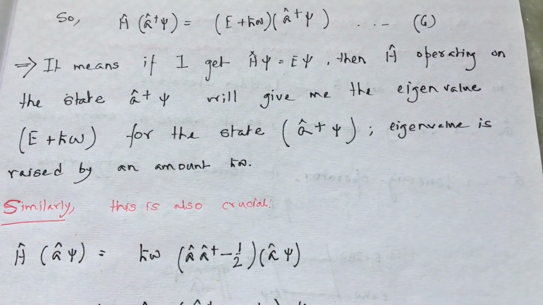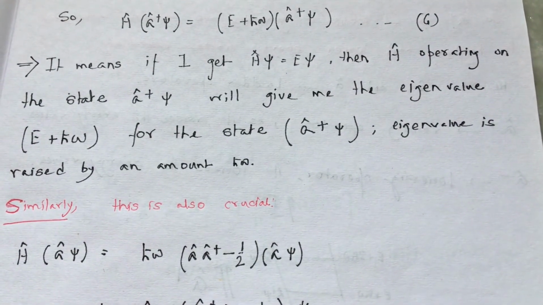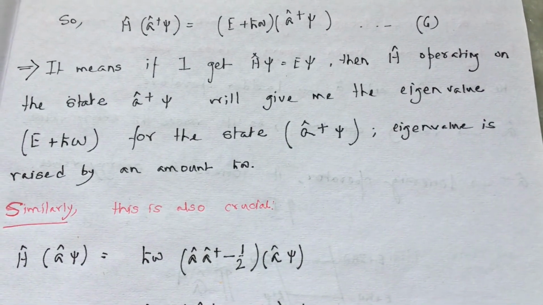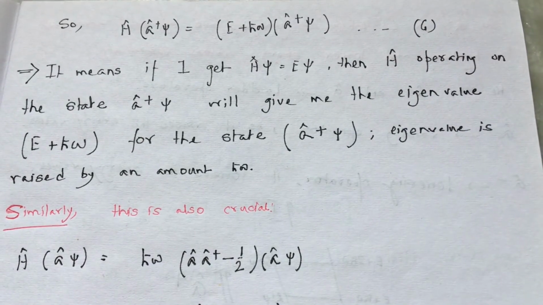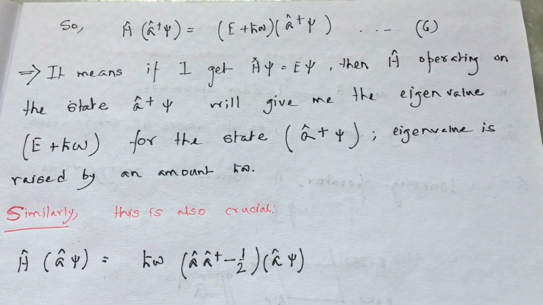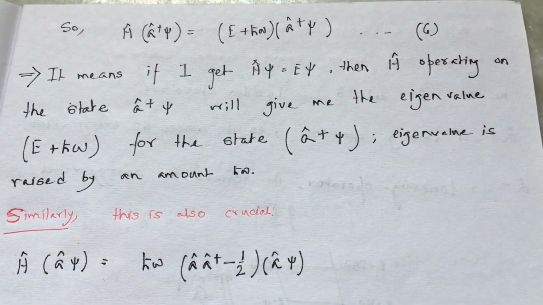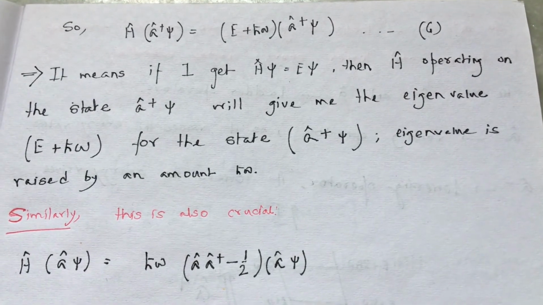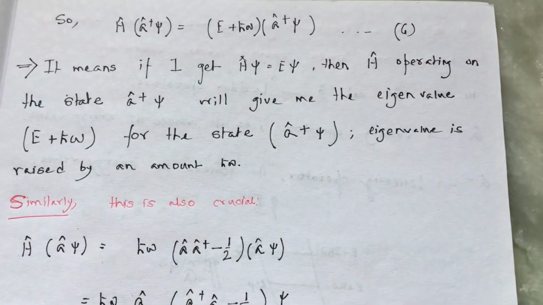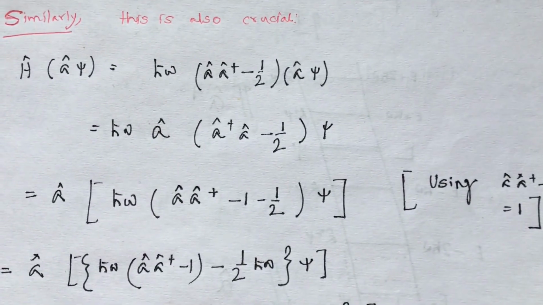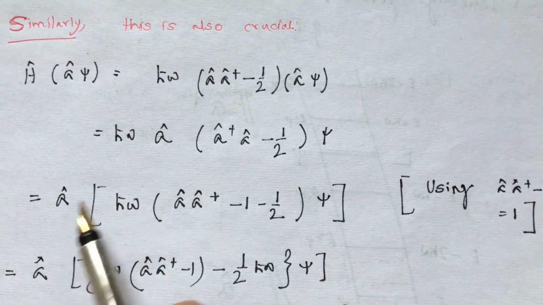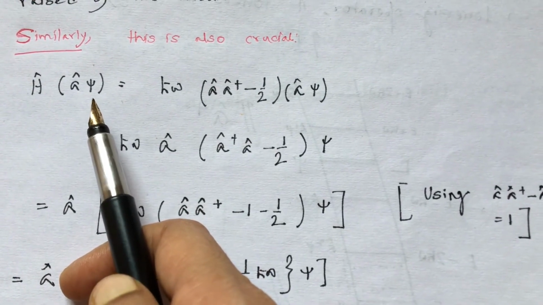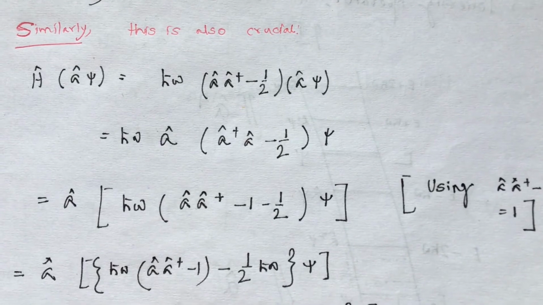So here is equation G, which states that the state A dagger psi has an eigenvalue E plus H cross omega, which is greater than the eigenvalue of H psi equal to E psi equation by an amount H cross omega. Similarly, A psi will have the eigenvalue E minus H cross omega,